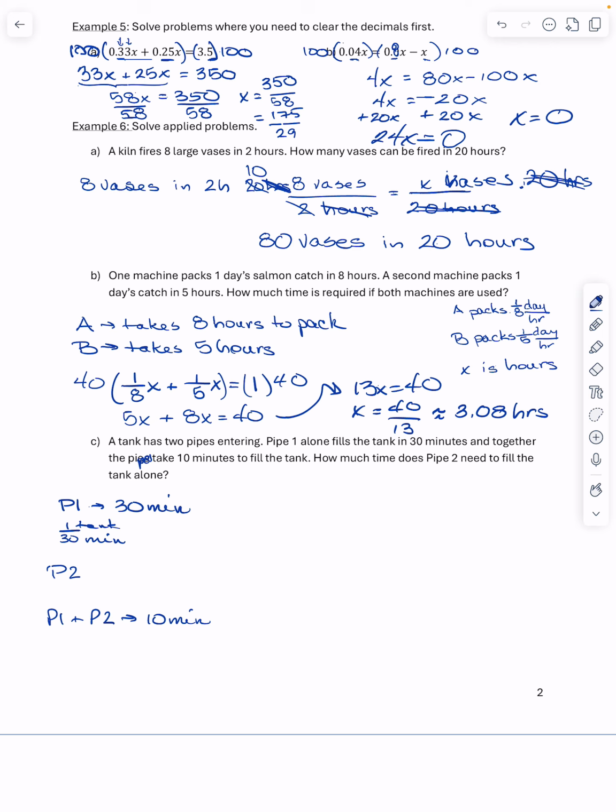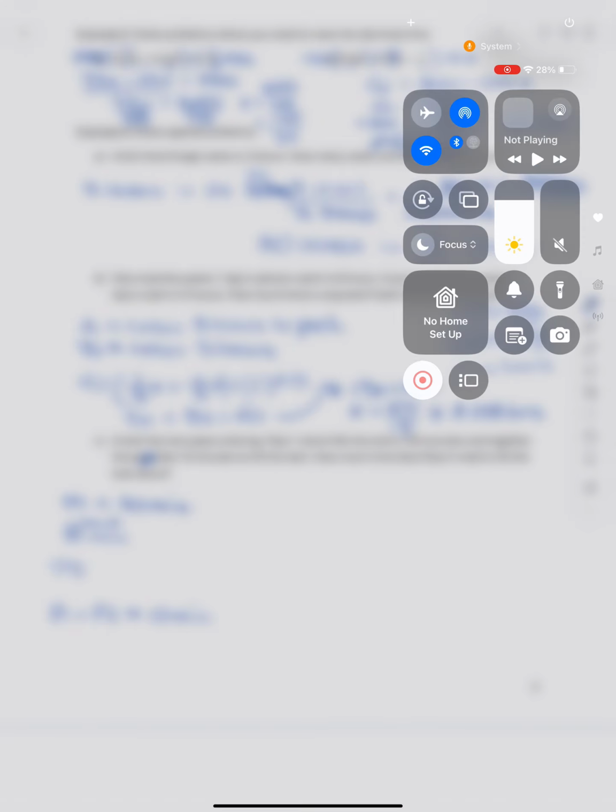So we want to think in terms of work. And when we do that, we need to set up this equation